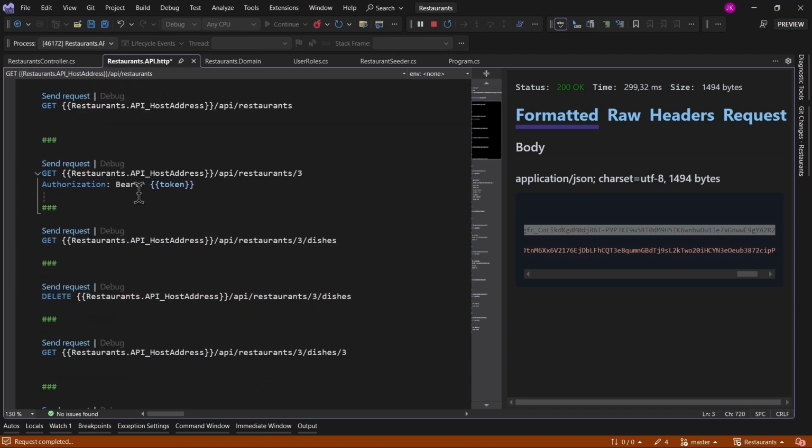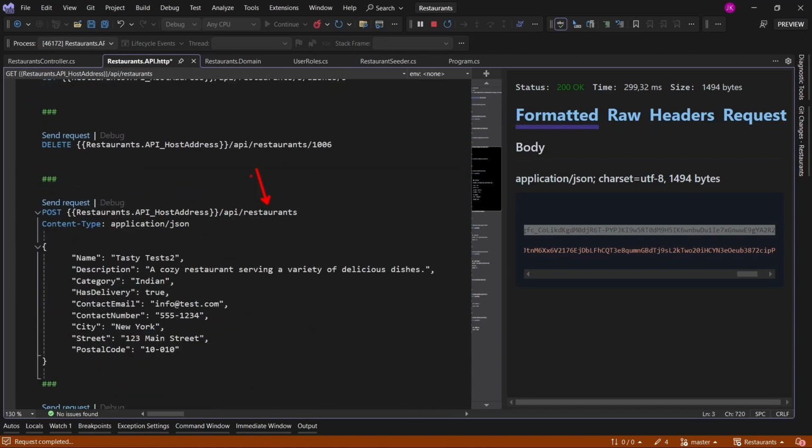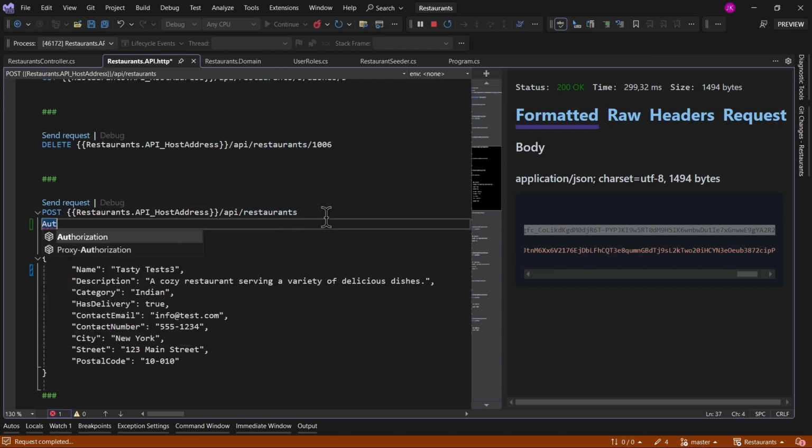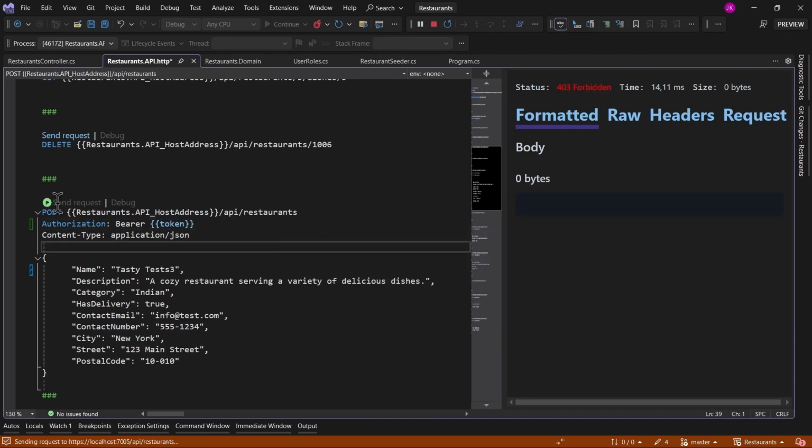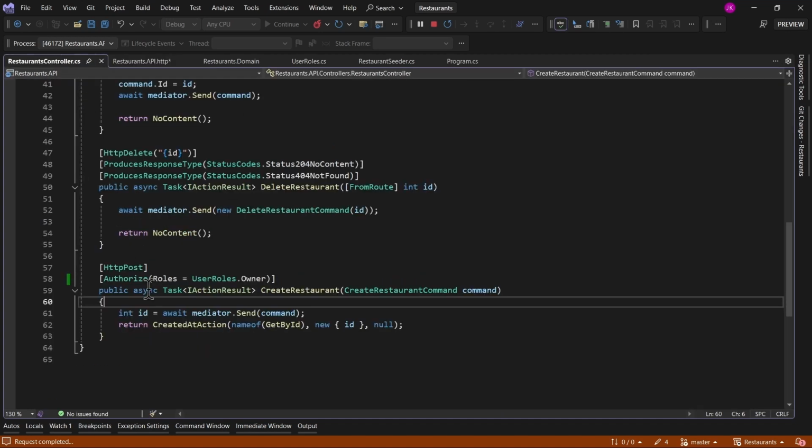And now if I try to invoke the create restaurants endpoint with this new access token, so let's add the authorization header with the value of bearer and then the token, then this time, as you can see, we are getting 403 forbidden, even though the user is authenticated and we are putting his token in the authorization header. Just because of that simple authorization attribute definition that we have put on the create restaurant endpoint, we are applying